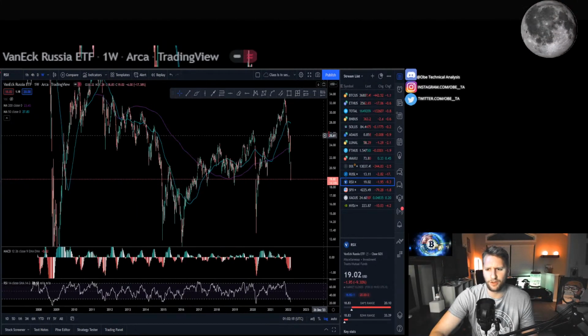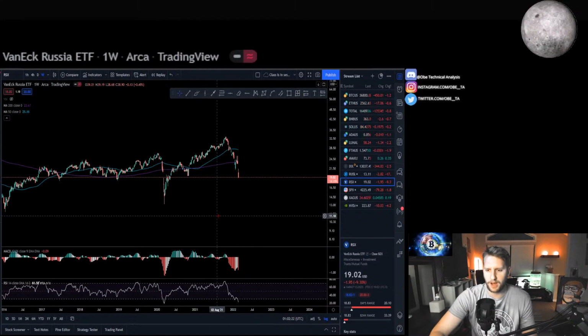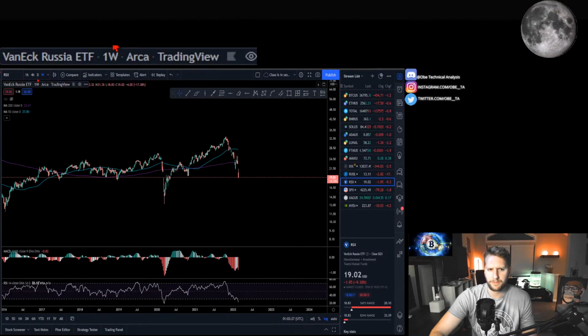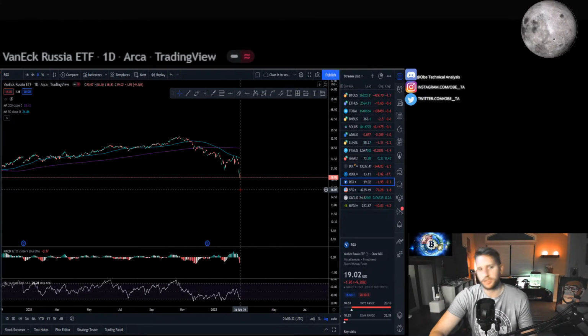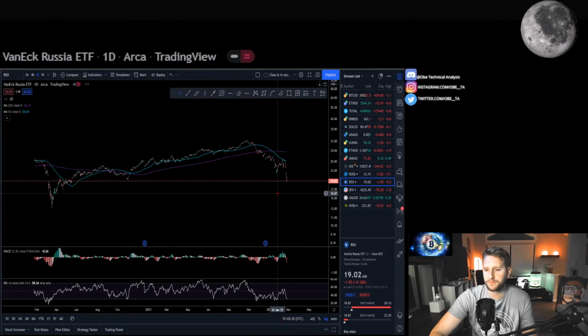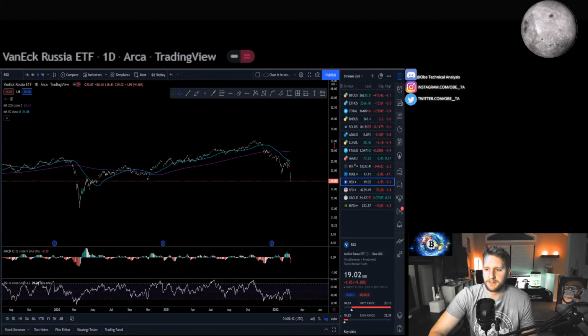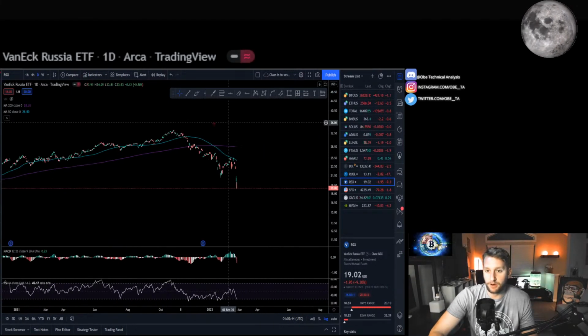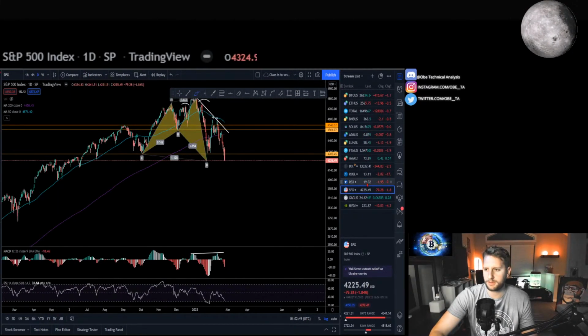This is the Russia ETF, VanEck Russia ETF. It's just diversified throughout a bunch of Russian assets. It's the same kind of thing though, just not as leveraged. So this is down 9% as opposed to 17, 18% on the 2 times. Same kind of thing. So the Russian market, you're gonna come up and fill the gap. Fill the gap, Putin.